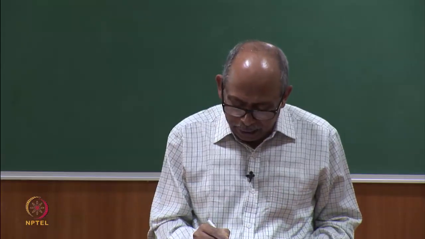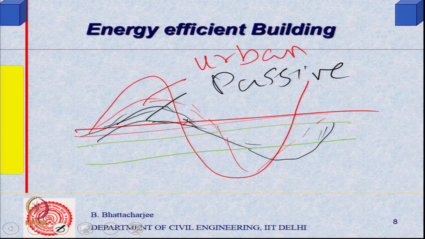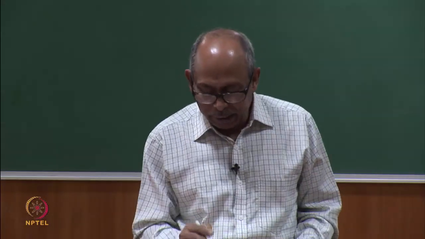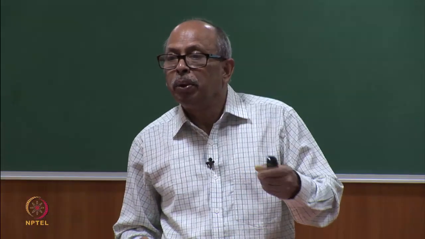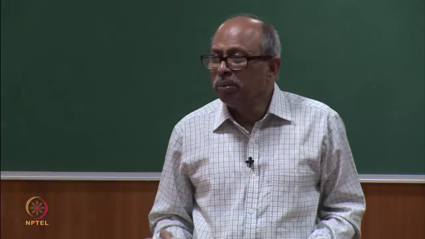So, first, the urban planning stage can reduce the perturbation somewhat and give you a somewhat better scenario. Then you come to the passive. So, urban planning, then passive, but beyond a limit passive cannot bring it to this range. So, you have to use active. Active system means energy input would be required, HVAC, artificial lighting, etc., and you would like to minimize those,